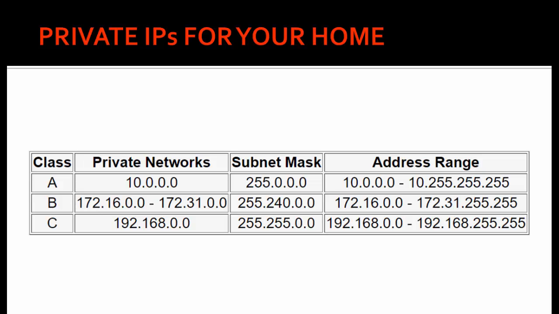When it comes to 192.168, the subnet is 255.255, which means the first two parts of the IP address will be frozen. Only the last two parts can take any value between 0 and 255, and the last part also 0 to 255. The same goes for a class A IP address. The class A IP address will have three parts. As per this subnet mask, there are three parts of the IP address that can take any value between 0 and 255.